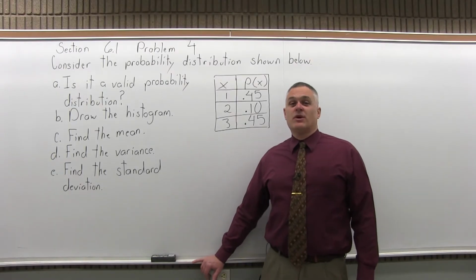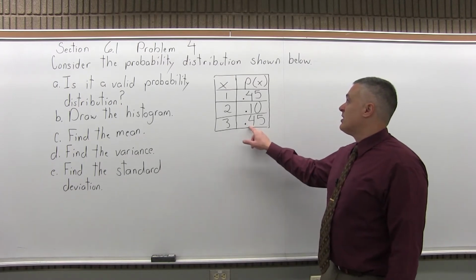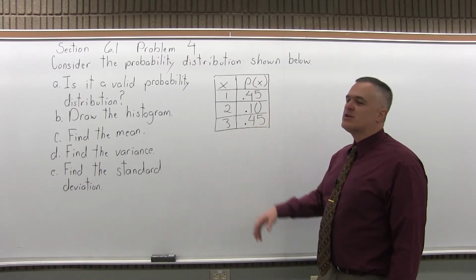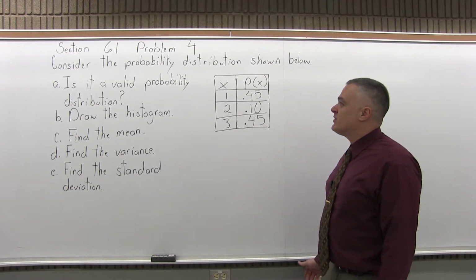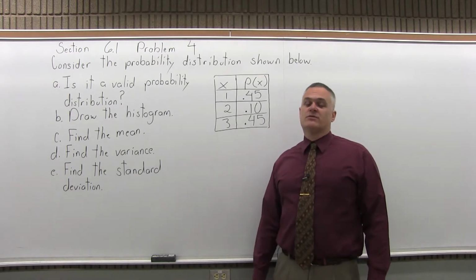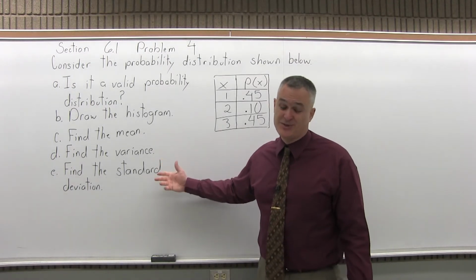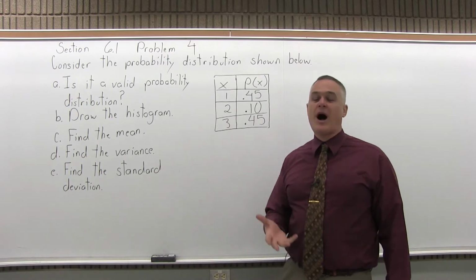This is Section 6.1, Problem number 4. It says, consider the probability distribution shown below. And then there's a bunch of questions about it. The first question, is it a valid probability distribution? Well, just intuitively, of course it is, because if it wasn't, then you wouldn't be able to answer parts B, C, D, and E. So the answer is going to be yes, but let's talk about why the answer is